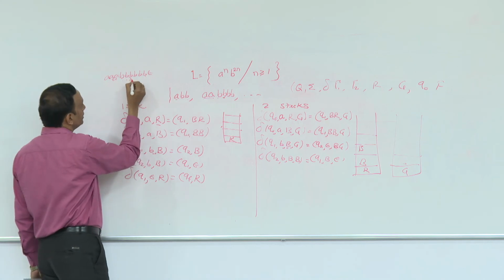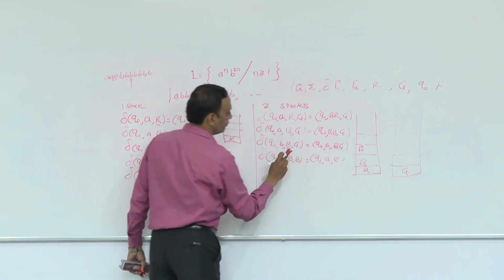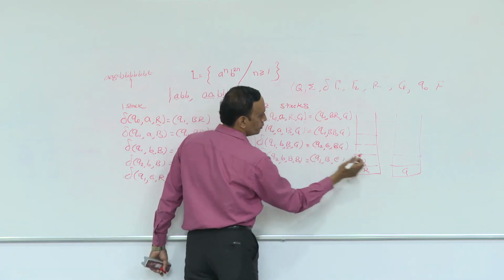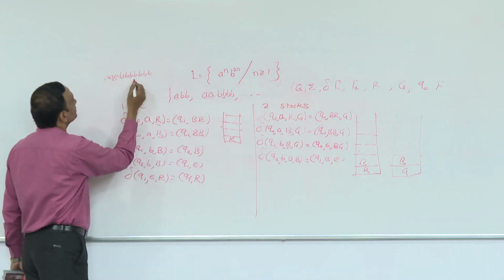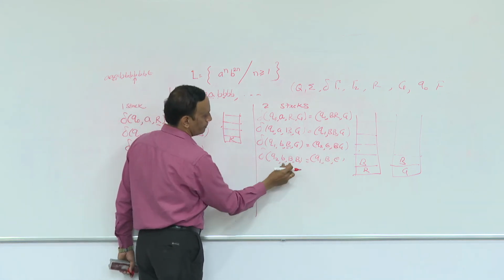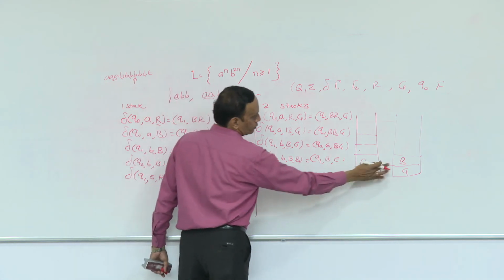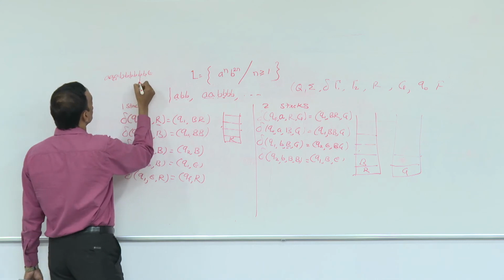So now we got this. Q1, B, we have this B and we have this G. We popped from the first stack and pushed it to the second stack, so we got this scenario. Now it moves to the next B and applies this. Both stacks now have B. We have to keep the first stack intact and pop from the second stack. So we would be popping this, and we enter into Q1 again. So this will move to the next.